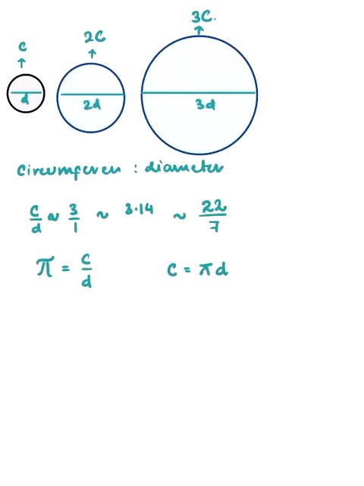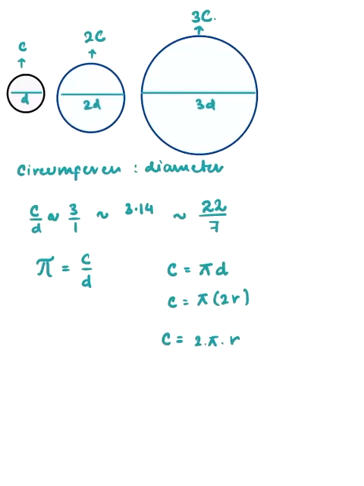In fact, because we know that the diameter is 2 times the radius, we can say that the circumference of the circle is pi times 2 times the radius. And this gives us an expression for the circumference in terms of pi: circumference is 2 times pi times the radius of the circle. Okay, understood?